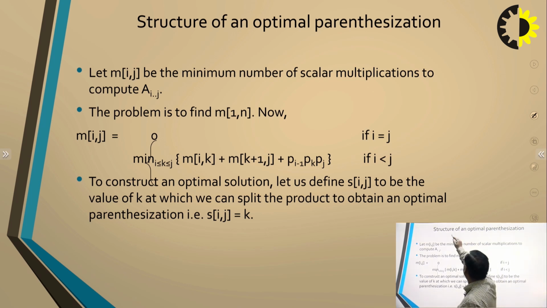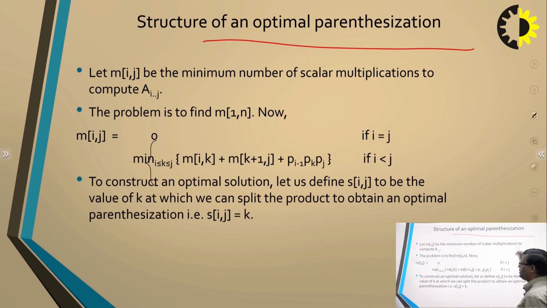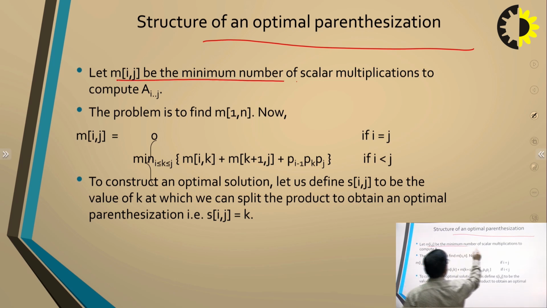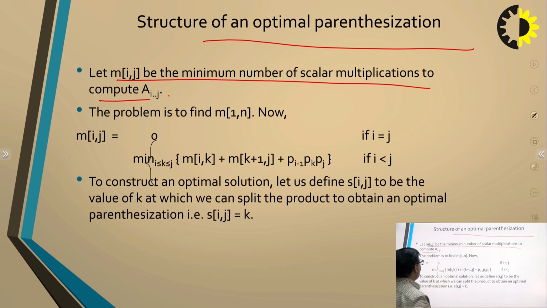Let's say the structure of an optimal parenthesization. Suppose that a matrix Mij is the minimum number of scalar multiplications to compute Aij. Then the problem is to find M1 to n. Then here the value of Mij is equal to, so here we will write down the